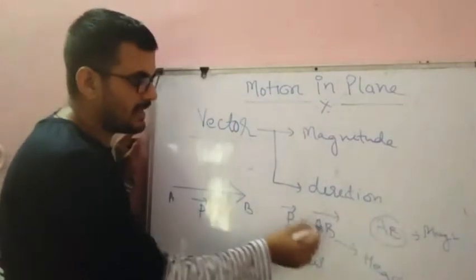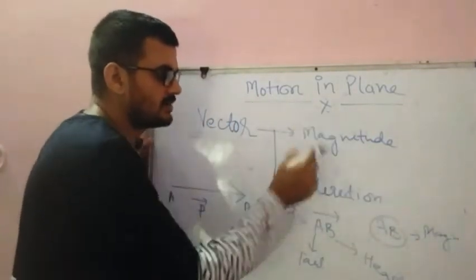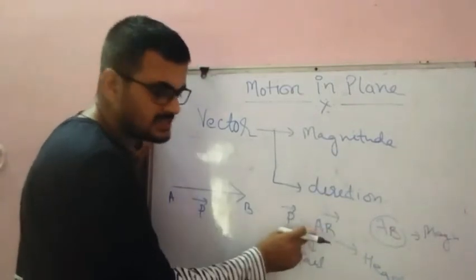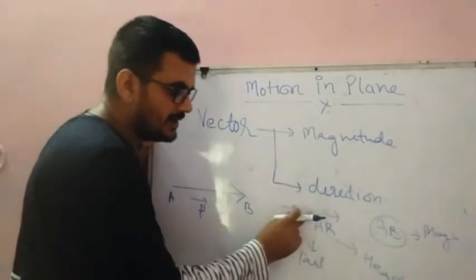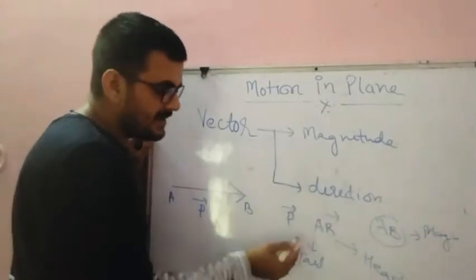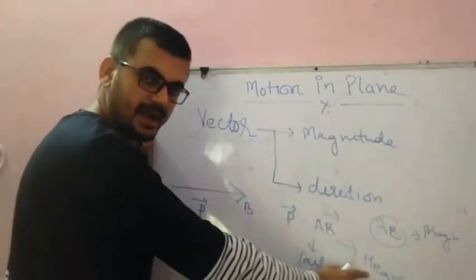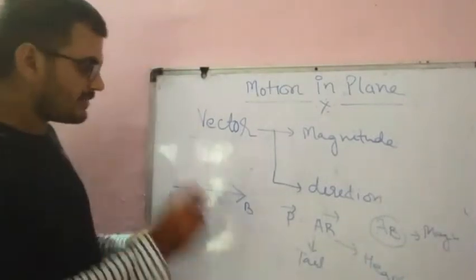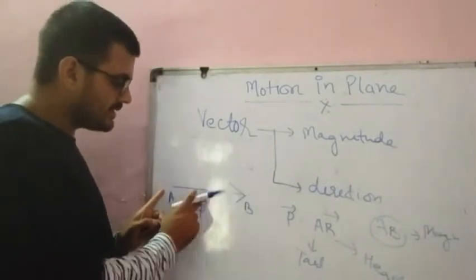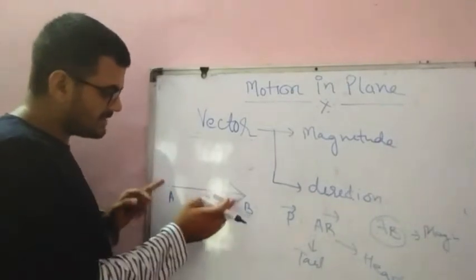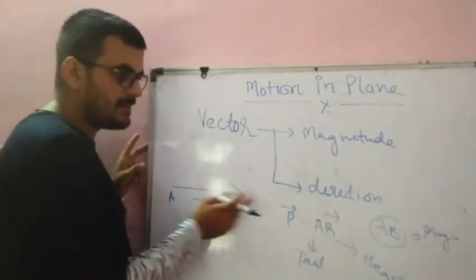ओके ये मैंने आपको बताया कि इसमें दो चीज की रिक्वायरमेंट होती है, one is magnitude and another one is direction. So hold on, this AB is representing the magnitude and this one is the direction, and this A is representing tail and this B is representing head. Have you got it? And in this the length of this arrow, ये देखो ये पूरा एरो बनाया है, this length of this arrow is representing the magnitude.